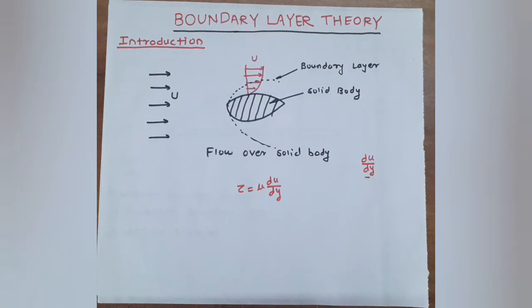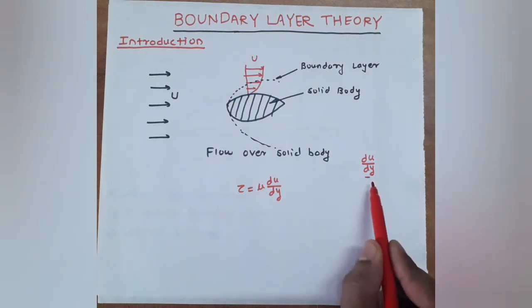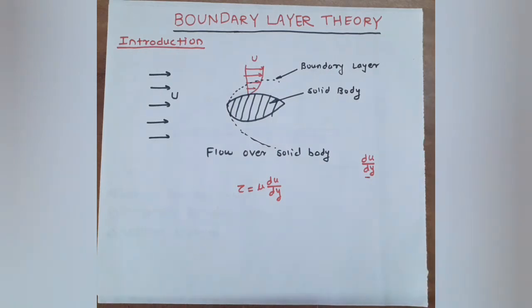According to the boundary layer theory, the flow of fluid in the neighborhood of the solid boundary may be divided into two regions. The first region is a very thin layer of the fluid called the boundary layer, in the immediate neighborhood of the solid boundary, where the variation of velocity from 0 at the solid boundary to the free stream velocity in the direction normal to the boundary takes place. In this region, the velocity gradient, du by dy, exists, and hence the fluid exerts a shear stress on the wall in the direction of motion.